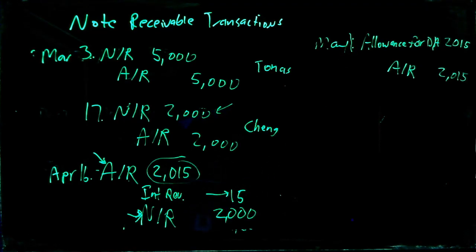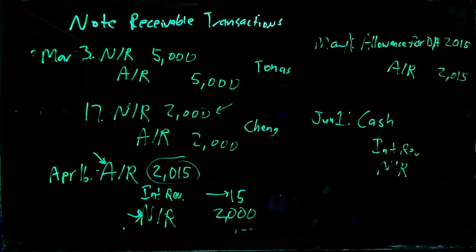All right, and now on June 1st, we received payment from the Thomas Company from the March 3rd note. So what did he pay us with? He paid us with cash. We have interest revenue, and then he fulfilled his note receivable. So to take the note receivable off the books, we're going to credit $5,000. We have to calculate how much interest they're going to pay on the note. So for interest, we take $5,000, the principal value, times the interest rate of 10%,